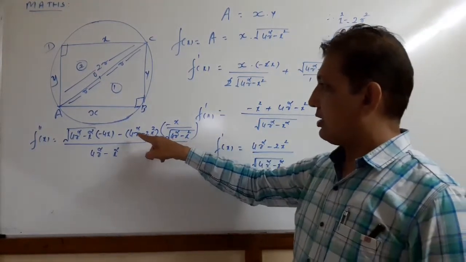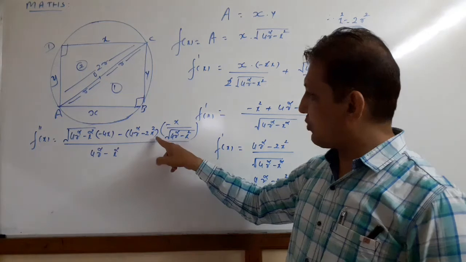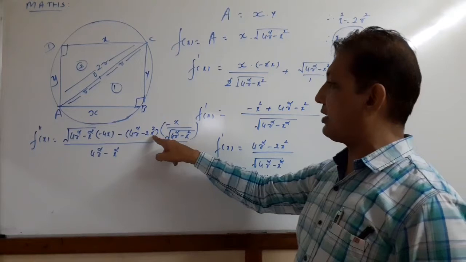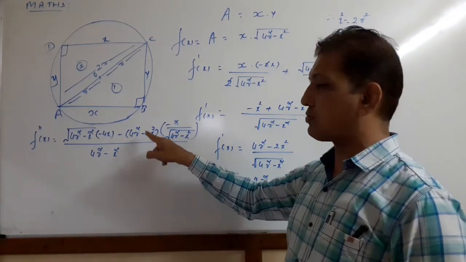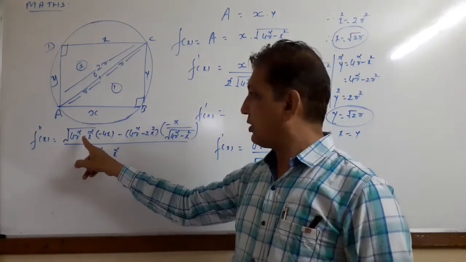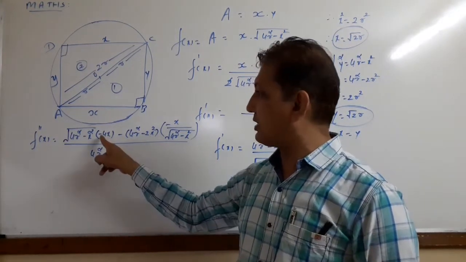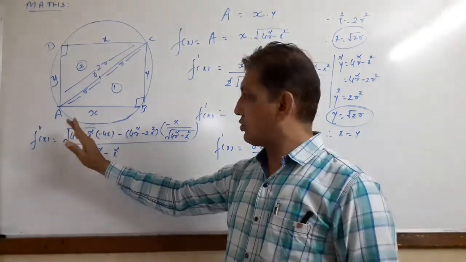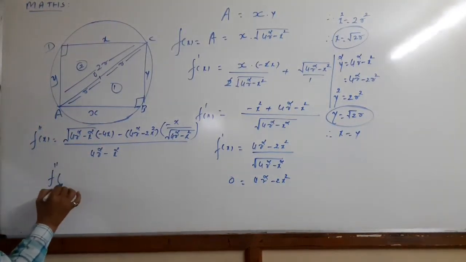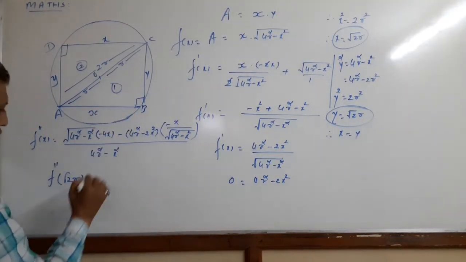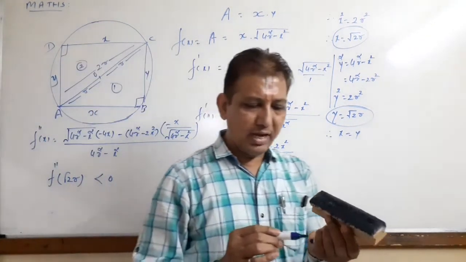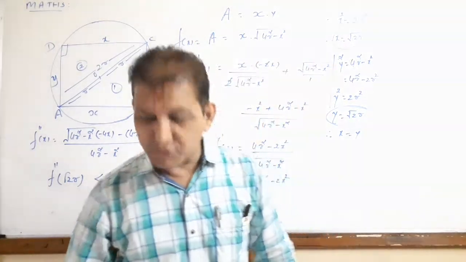We put both values here, but first check the answer. x square equal to 2r square. So 2 times 2r square is 4r square. 4r square minus 4r square is 0. That means this term is 0. And the root answer is always positive. Here positive, here also positive, but the negative sign is before it, so this answer is negative. So f double dash at x equal to root 2r is less than 0. Then we write the statement: local maximum value exists. Our answer is this one.